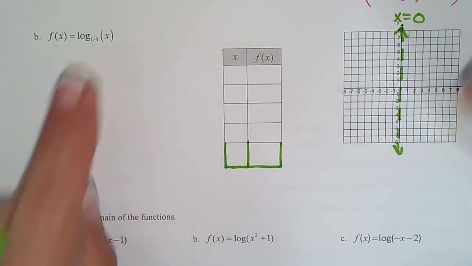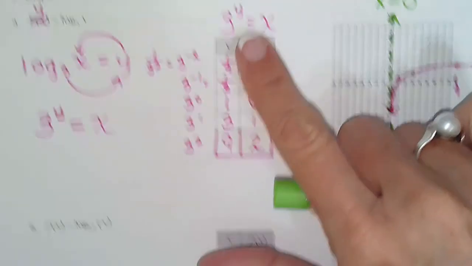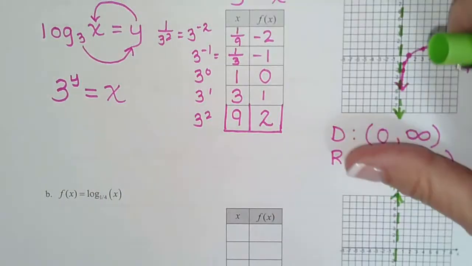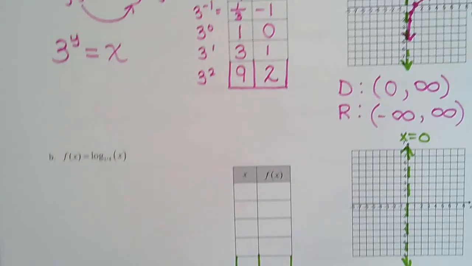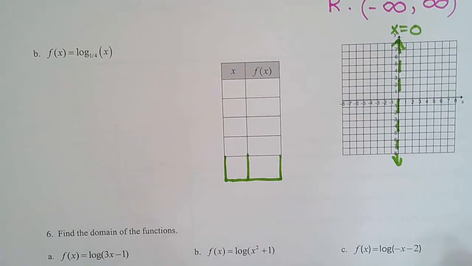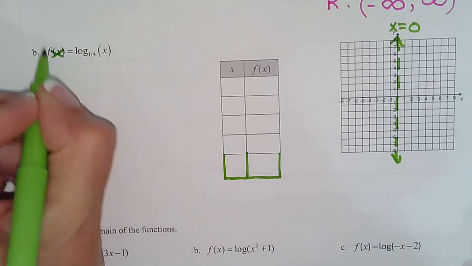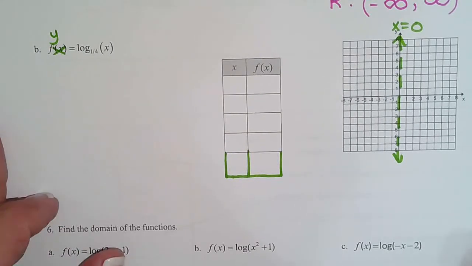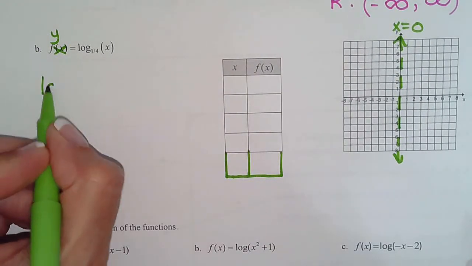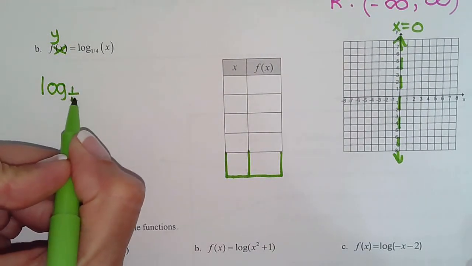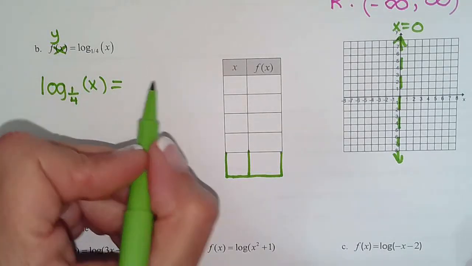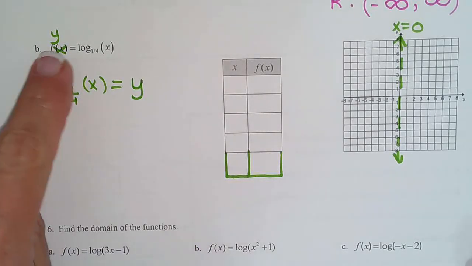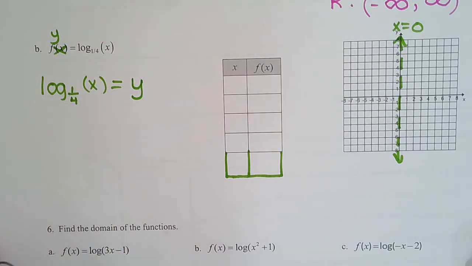And we can't fill in points until we get it in exponential form, and then we can do it from there. So our goal is to make it look like this. In order to do that, remember we have to put our log on the other side, change that to a y. So we're going to have log base 1/4 of x equals y. So I changed that to y and I just flipped it over. So now we're ready to do